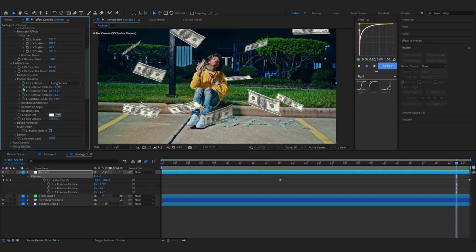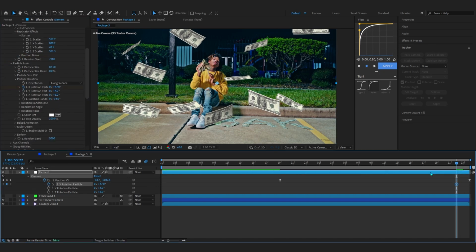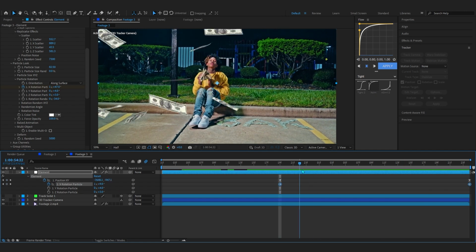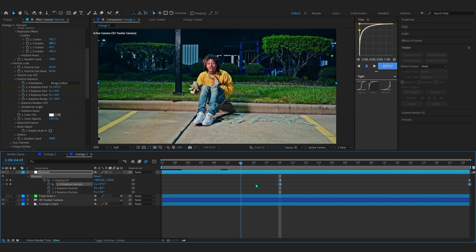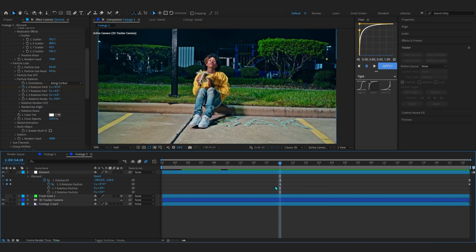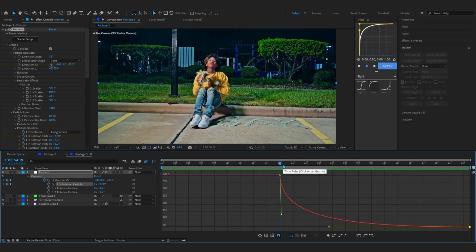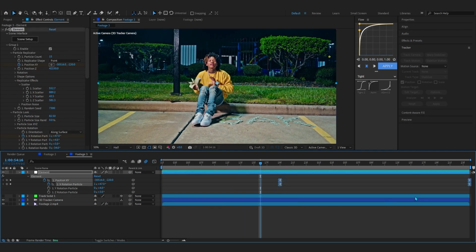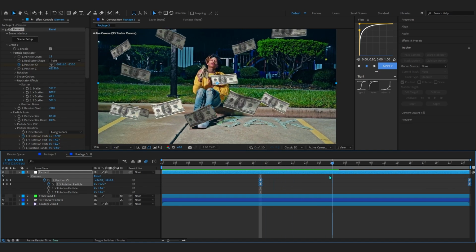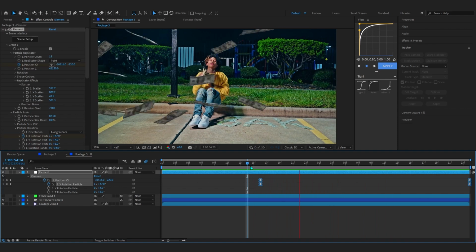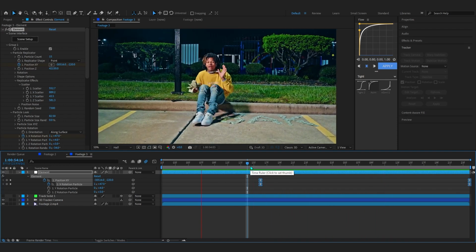Then now I'm gonna hit the stopwatch in the X rotation right here, put this keyframe at the end and go to our first frame, and I'm gonna set it to 1. Then now what it will do is give that 1 cycle rotation right there. After that, you can select all of these keyframes, F9, go over to the graph and make a graph like this. Maybe this graph is too much, so maybe something like this. And maybe I'm going to select all of these keyframes and move this a little farther so it comes in around here. So now you can see we have this super smooth animation right there,